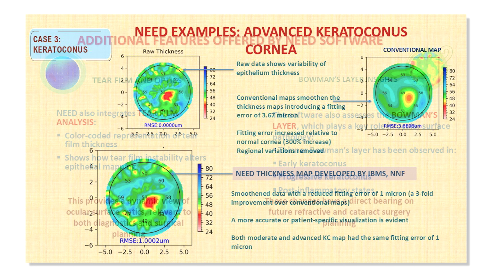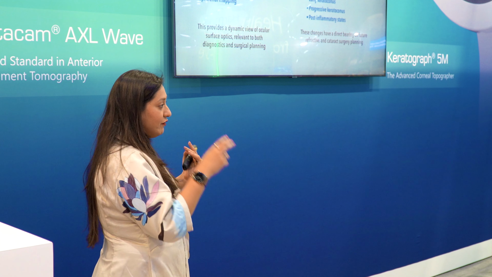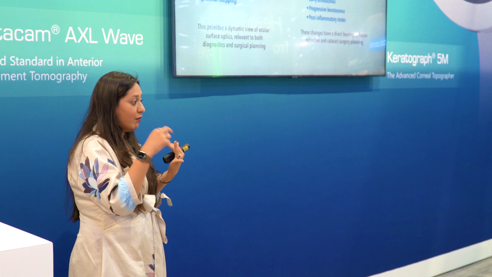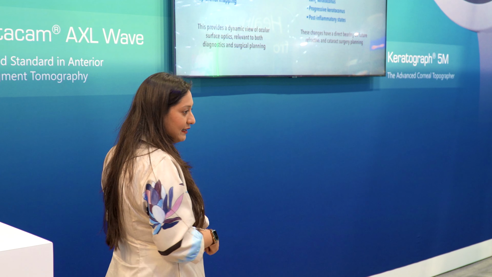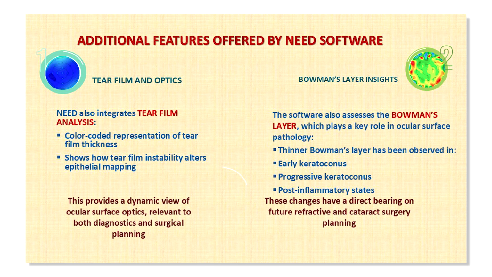The second beauty of this, which I showed, is that you see layer to layer, and you don't only see 5 layers, but you see the tear film. You can actually start quantifying the Bowman's layer, and you can see Dua's layer. So Pentacam OCT along with this software is going to give you 2 additional pieces of information: the thickness of the tear film and the thickness of Bowman's layer, for the first time. At this point of time, there is no OCT which can help us with the thickness or quantification of tear film or Bowman's layer. So this will help us a lot.